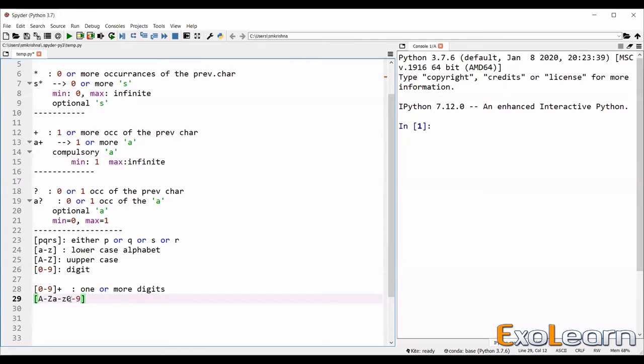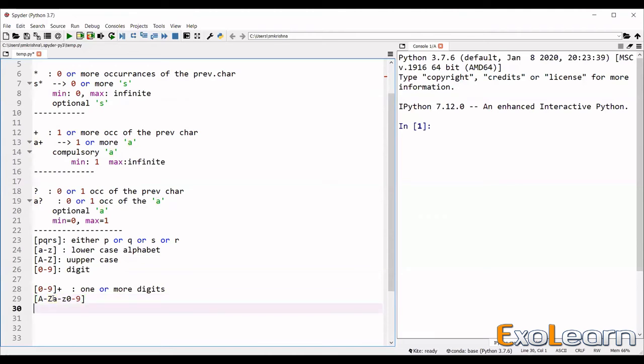The order doesn't matter. And one more important point, when we are writing a group of such range of characters, we don't need to maintain any commas or spaces. We need to write them collectively. We should not write commas, because if you write a comma, it gives the meaning that the comma is also one of the allowed characters. So that's why don't keep any commas or spaces to separate the list.